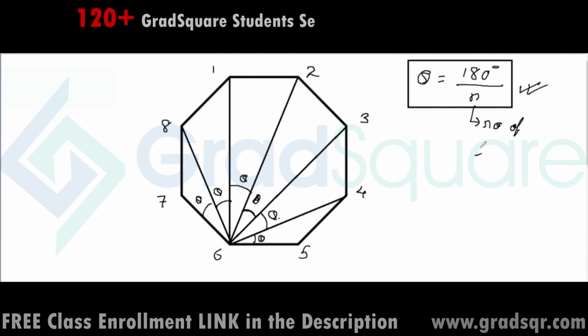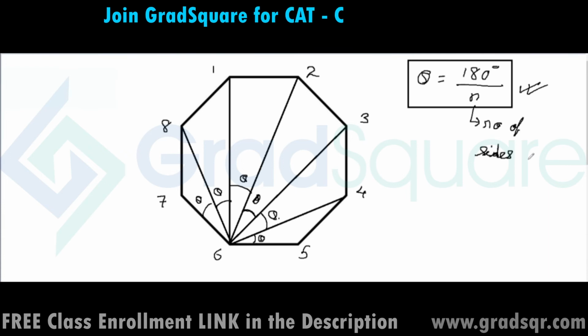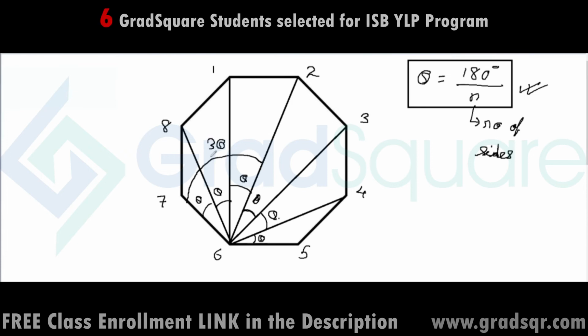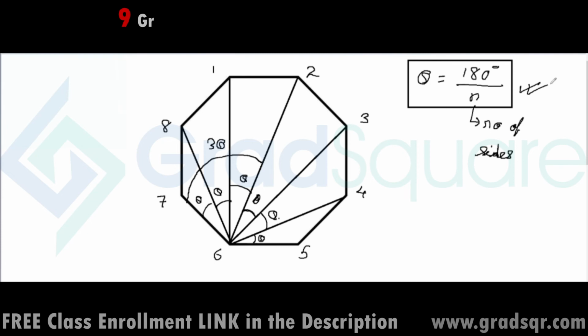Once again, remember that we are only talking about regular polygons in this case. We are not talking about irregular polygons. So suppose there's a question which says that there's a diagonal 6, 2, and I have to find out the angle between the side 6, 7 and the diagonal 2, 6. Then the value of this angle is 3 theta. So it's 180 degrees by n into 3. That's it. Straight formula and you'll get the answer.